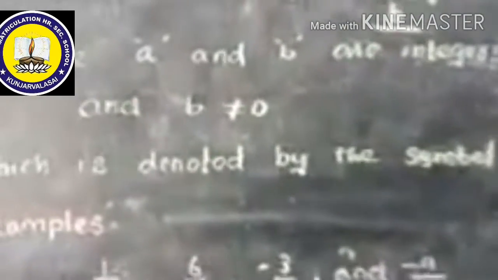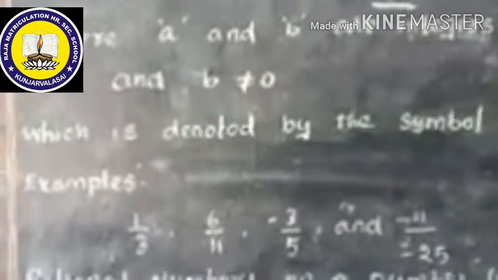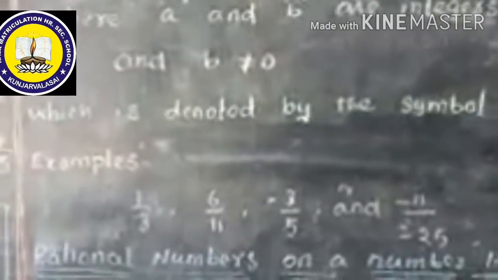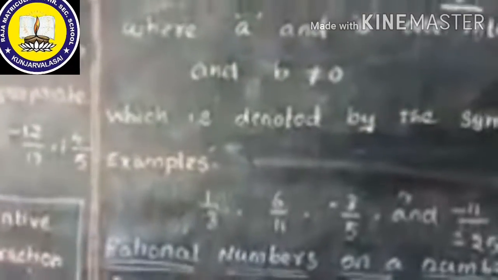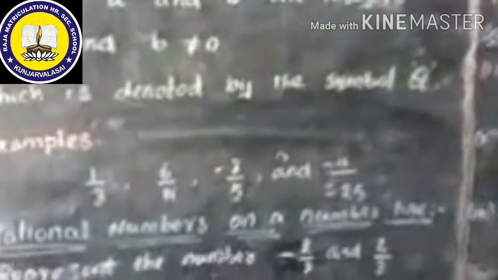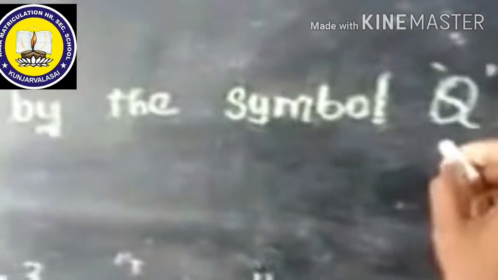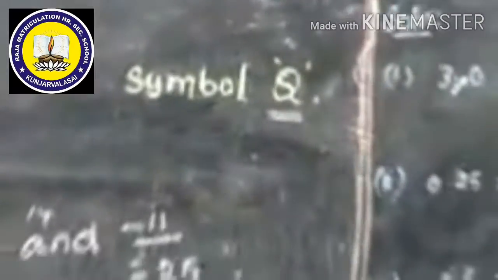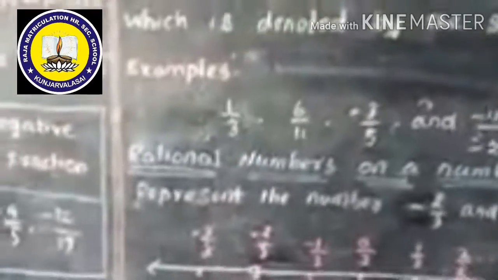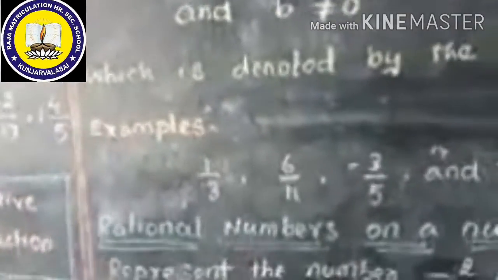The denominator must not be 0. That is a very, very important thing. Then it is denoted by the symbol Q. Therefore, the rational number symbol must be Q. Here are the examples: 1 by 3, 6 by...